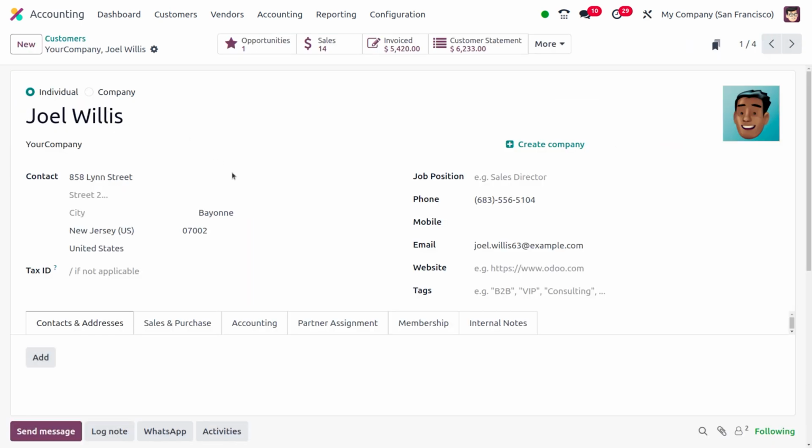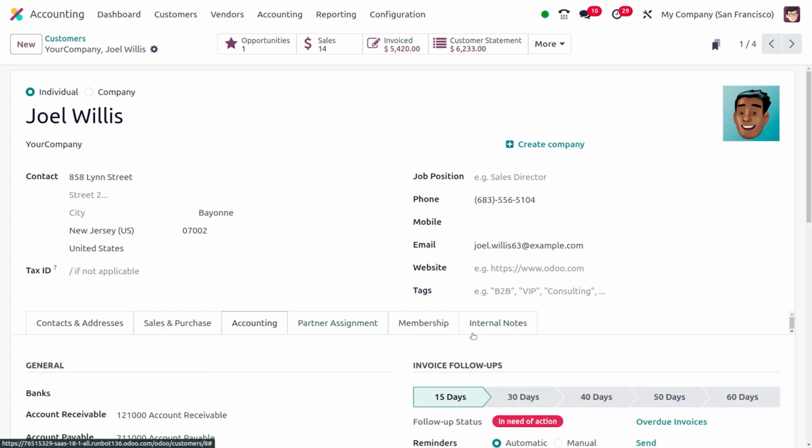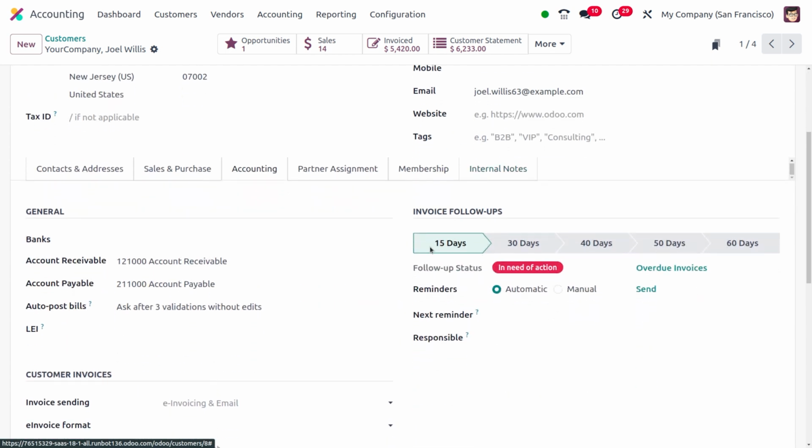And as we have added this follow-up, you can see the follow-up under the accounting, and you can see the invoicing follow-up for 50 days and follow-up status in need of action. And we can also do the reminders as automatic as well as manual. And if we are just going to choose manual, then we can click on send, and we also just need